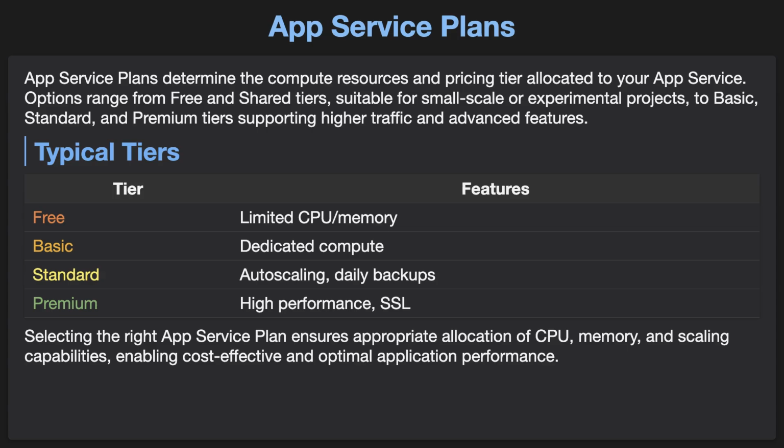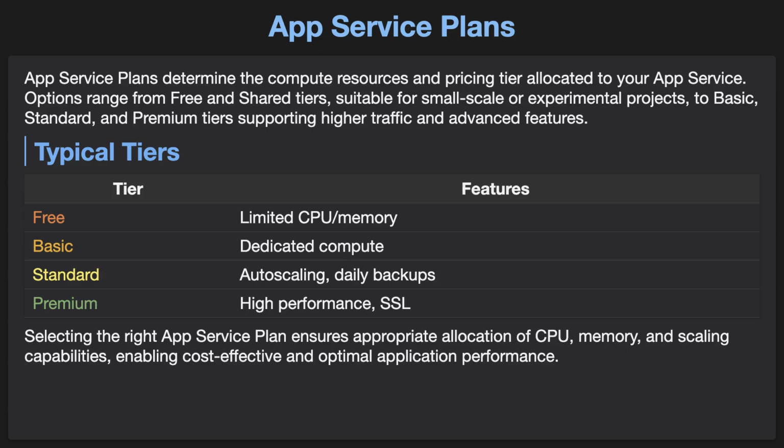Options range from free and shared tiers, suitable for small-scale or experimental projects, to basic, standard, and premium tiers supporting higher traffic and advanced features. Here is a brief table of typical tiers. Tier features: free, limited CPU/memory; basic, dedicated compute; standard, auto scaling, daily backups; premium, high performance SSL. Selecting the right app service plan ensures appropriate allocation of CPU, memory, and scaling capabilities, enabling cost-effective and optimal